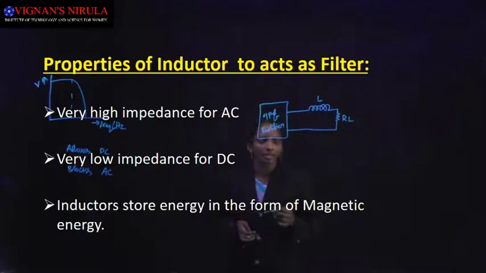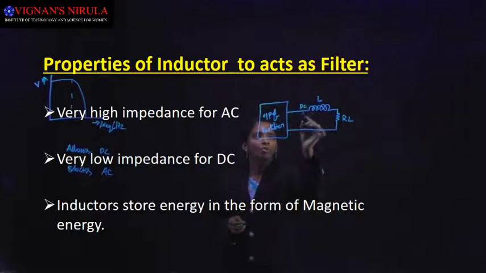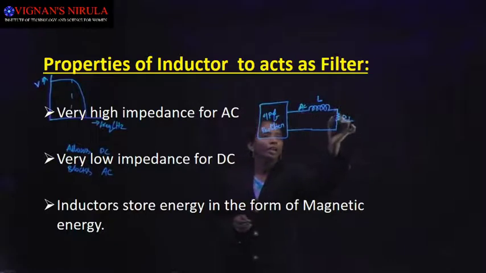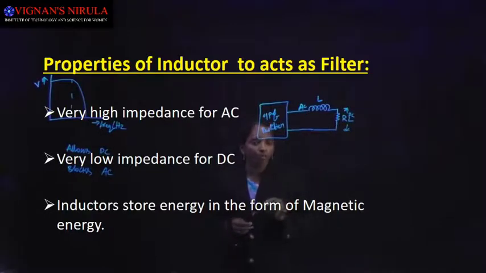Here this inductor acts as a filter. The function of this filter is that it allows DC and blocks AC. After allowing DC, the DC reaches the output. So at the output we will get DC, while the AC component present at the input of the filter is blocked. Our intention is to get DC at the output. Now, if you connect the inductor in shunt with the load resistor, then what will happen?